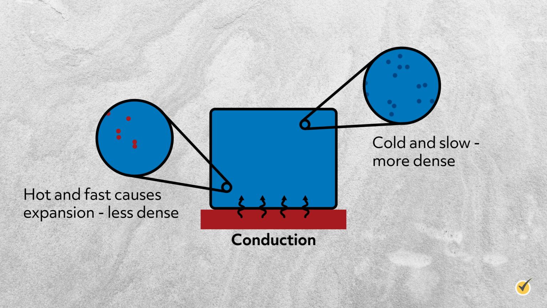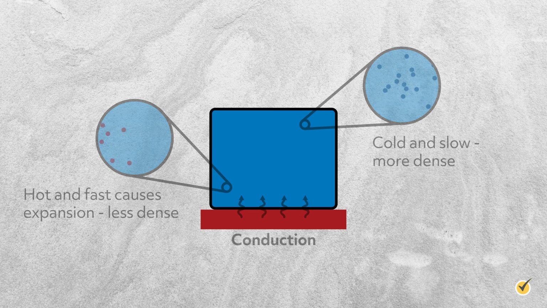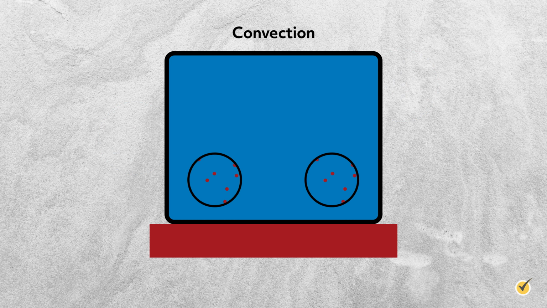We can understand this from a molecular perspective consistent with what we've already discussed today about temperature. The hot water molecules have a lot of kinetic energy and require more space to move around in comparison to the cold water molecules. We now have less dense water at the bottom of the pot, so it will rise due to buoyancy while the colder, denser water will sink. Subsequently, that cold water, now closer to the heat source, will become heated and eventually be the more buoyant water and will rise in turn.